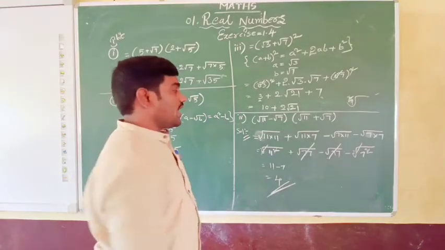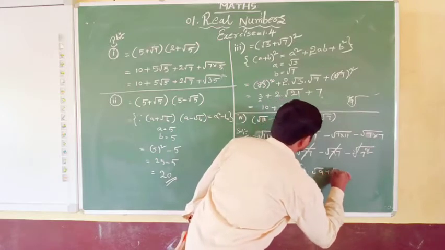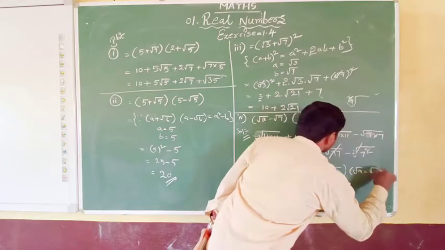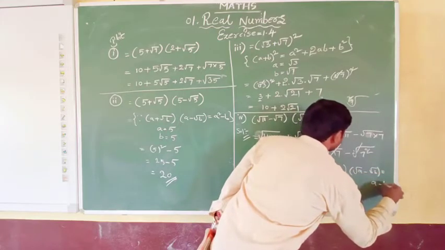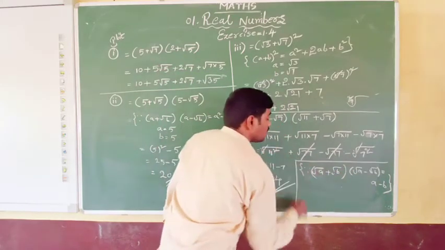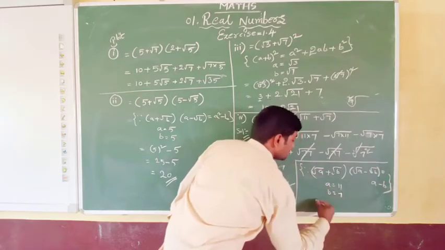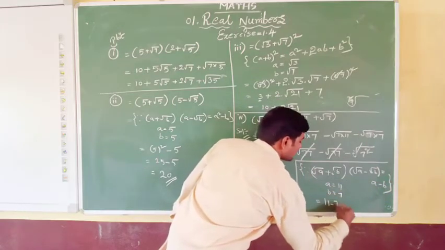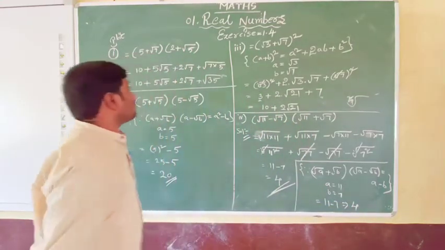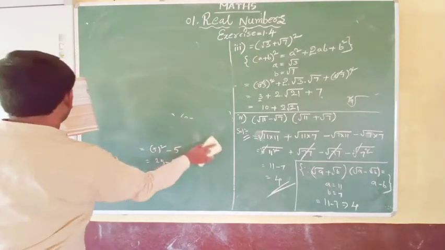So in this way we can do it. Or not directly, there is one formula you will substitute. Root A plus root B of root A minus root B equals A minus B. Before this exercise we have this formula sample. Where A equals 11 and B equals 7. So we write it in this form: 11 minus 7 equals 4. I hope you understood this bit now. First bit is completed. We can go for the second bit.